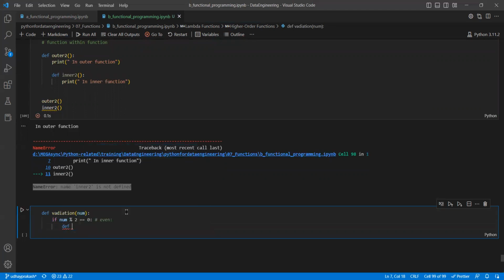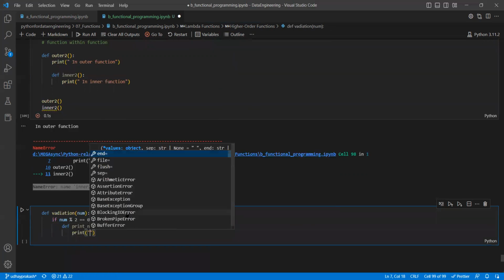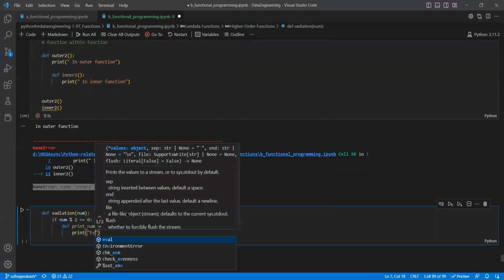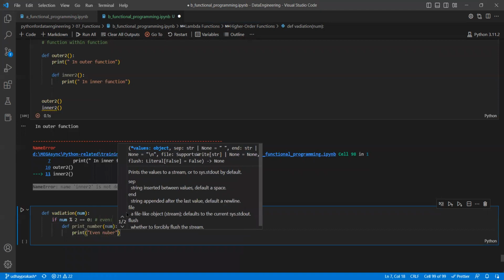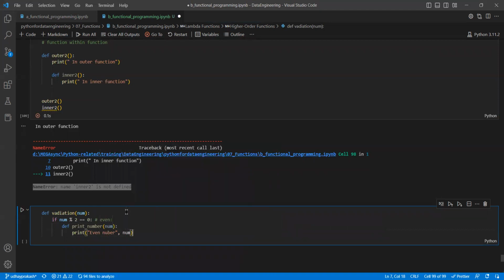Say define print number. Only if it is an even number, in that case you want to do it. So you can say print of even number is a number. Okay, you have a function within a function. So if I do validation of 22, if I execute,